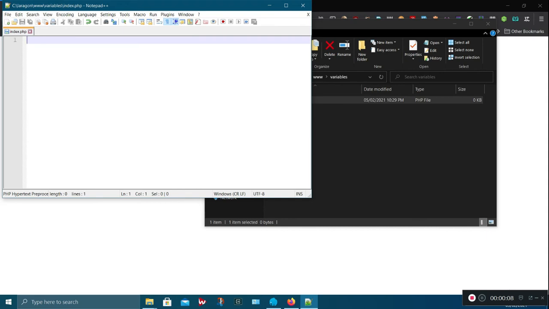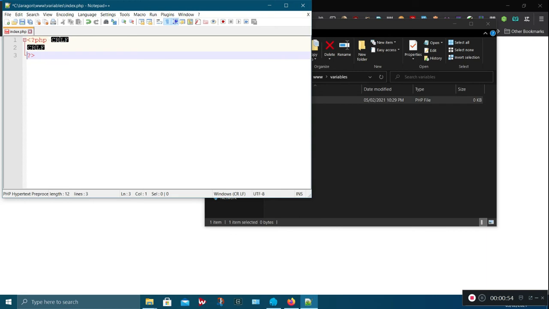Now to work with PHP, you always have to have starting and ending PHP tags, because if not, your PHP compiler will not know how to work with the file. So this is your PHP starting and ending tags. This is your starting tag. This is your ending tag. Now, in between it, you put your PHP functions and variables in there, and it's read by the compiler and given to you through your server.